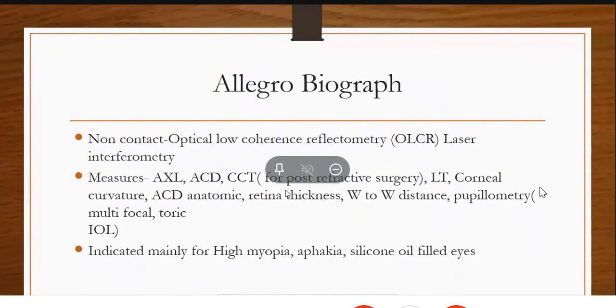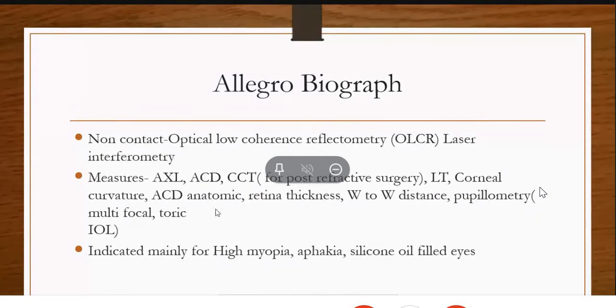So mostly during the post LASIK cases, the doctor will do the incision only in the sclera and also in the limbus. So in the limbus, they do the incision. That incision we call it as LRI. LRI is nothing but limbal releasing incision. After the corneal thickness, it gives the thickness value. Then the corneal curvature, which is nothing but the keratometer.